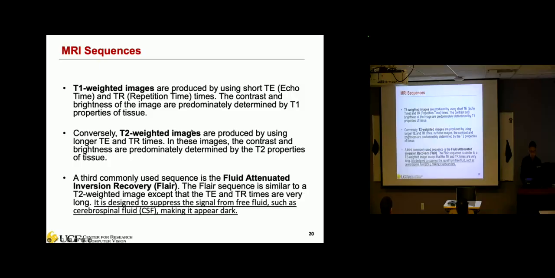Similarly, T2 is based on the T2 property of the tissue, so you can generate another image that highlights different regions. T1 may highlight the water, but T2 may highlight some other soft tissue areas. We will later see a couple of examples of how T1 weighted and T2 weighted images look, and also FLAIR. FLAIR is very similar to T2 weighted images, but it tries to suppress the free fluid. So we'll see a couple of examples, and you will understand how these different sequences look.